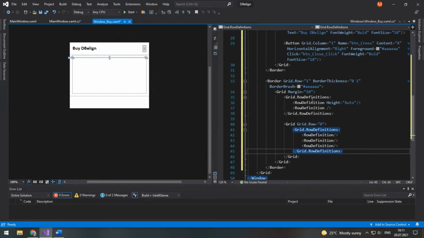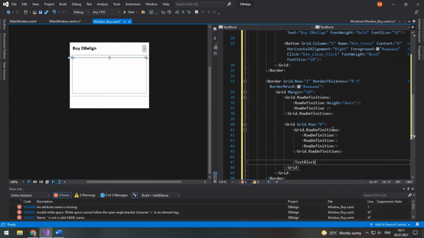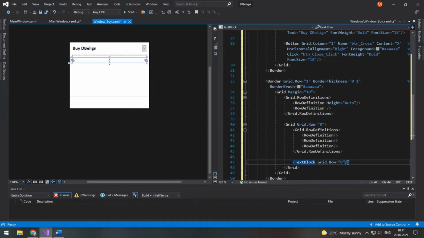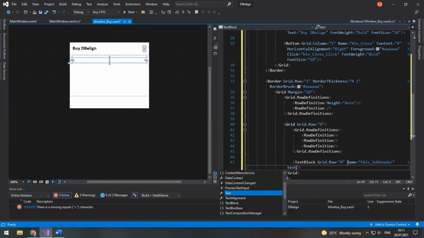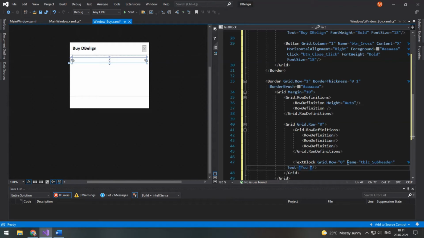Why do I create such a structure? Well, that's because I will have a text block for the subheader, a text block for the limitations of using the free version, and a row for entering the license key. In the first row I will have a text block, grid row 0. Its name will be, let's call it tblc underscore subheader. Text will be equal to: you are using dbline free edition.